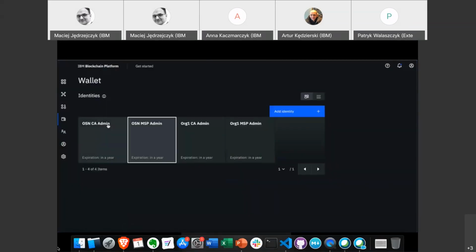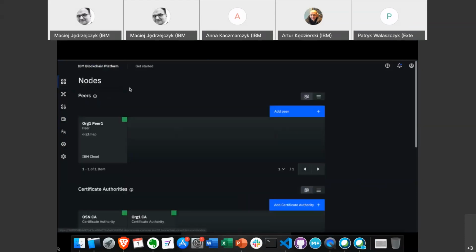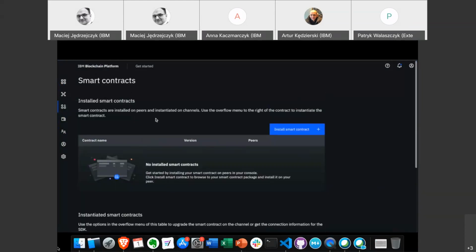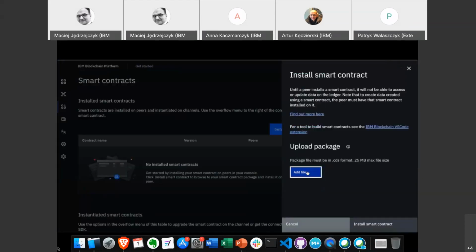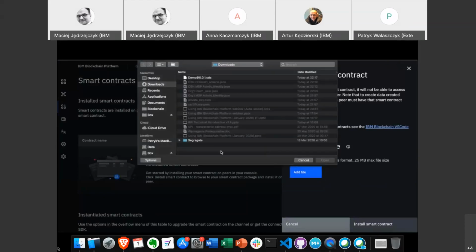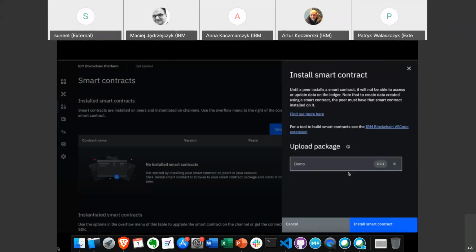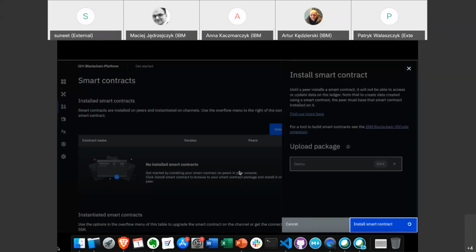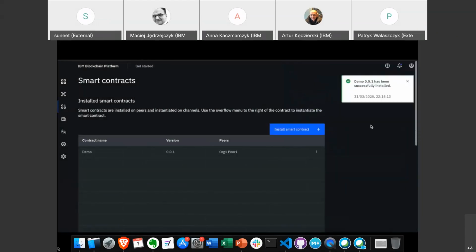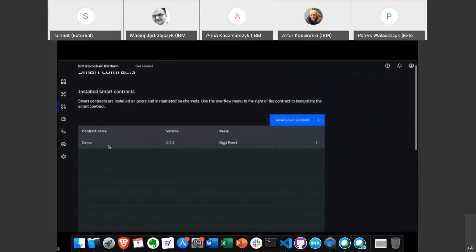So you go into the interface once again, you enter into the smart contracts tab, and you click here to install a new smart contract into channel 1. You have to upload the package that you have created previously. So you select the package, open it, and click on install smart contract. And basically that's all. The next step which you have to perform is to instantiate your smart contract into the channel. So you simply click instantiate,